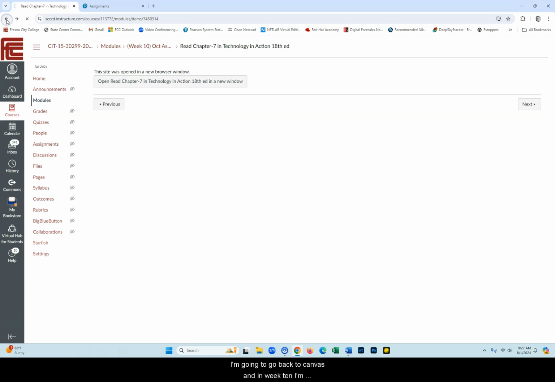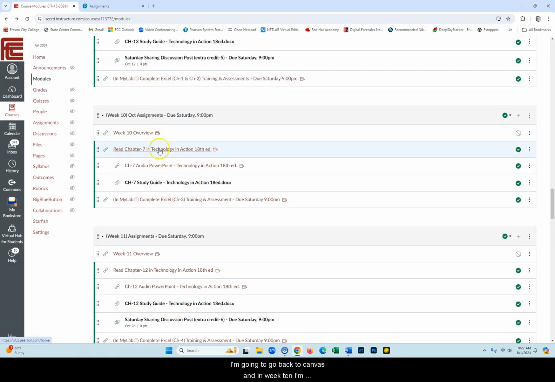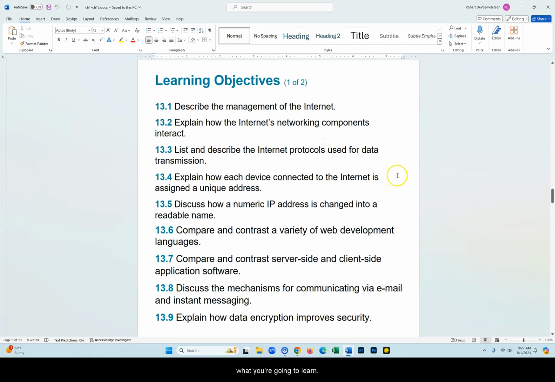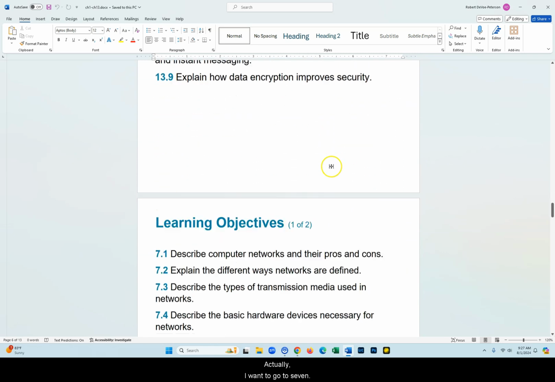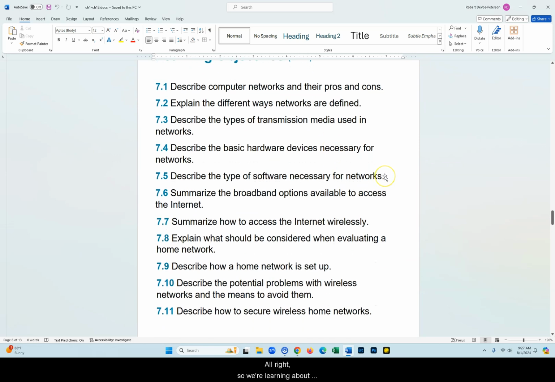I'm going to go back to Canvas, and in week 10, I'm going to look at the list of what you're going to learn. Actually, I want to go to 7. All right, so we're learning about networks and the pros and cons, the different ways that networks are defined, and that's by the size of the network, like a local area network and a wide area network, right? One's bigger than the other, and personal area network would be smaller, like your Bluetooth AirPods and your phone, right? So different transmission media, hardware devices that are needed for the network,